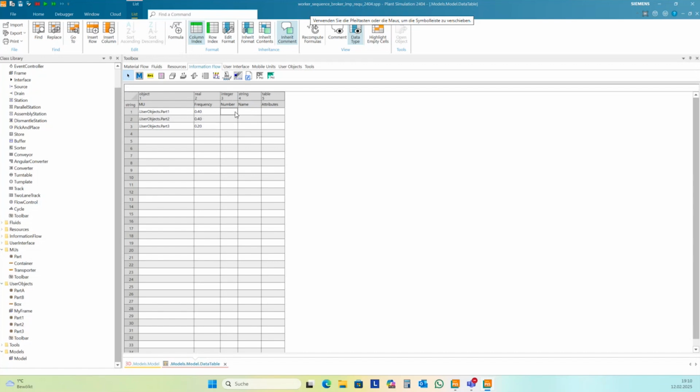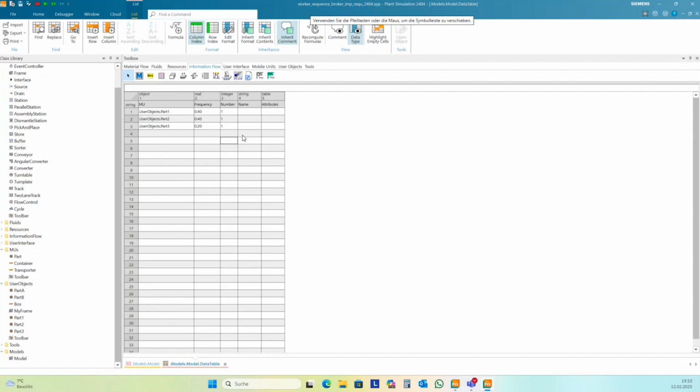And it should create one part each. This is now my basic setup for this model.